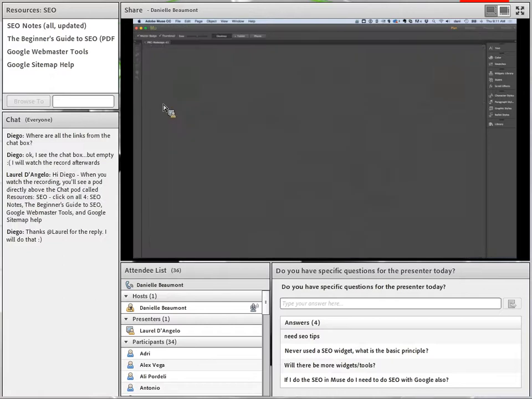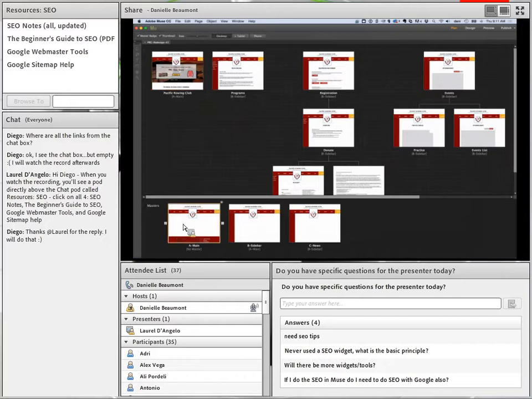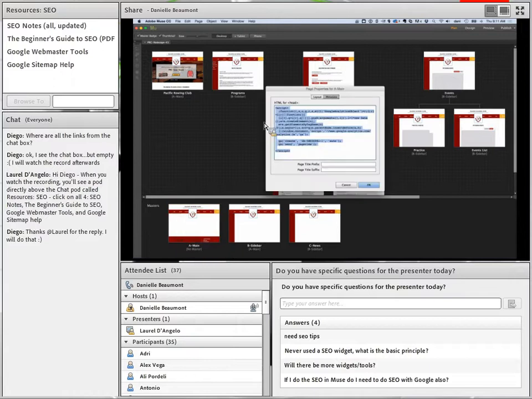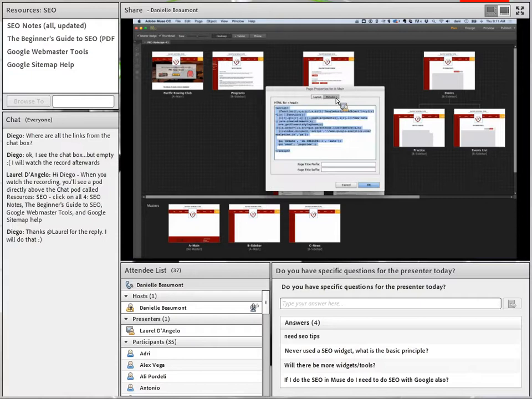That's the first one. Another thing you may have noticed is on that main page here, if you right mouse on the page and go back to page properties, if you're new to Muse, you may not have discovered this spot yet, but by default it's going to bring up the layout, and that's the attributes, the details that are site-wide attributes for the design. But to the right of it is a metadata tab, and when you click on that metadata tab, this is the place you can put odd little JavaScript snippets of content or just code, HTML code, that is important for different reasons. It's definitely one of the codey aspects of the no coding required Muse application,